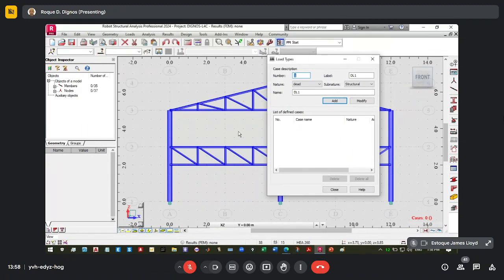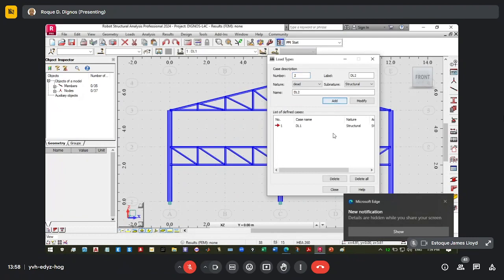So it's very important that the self weight should always be considered because in the load takedown, the self weight of the structure will not be considered in your footing design and even in the actual load of the column. So always like that.